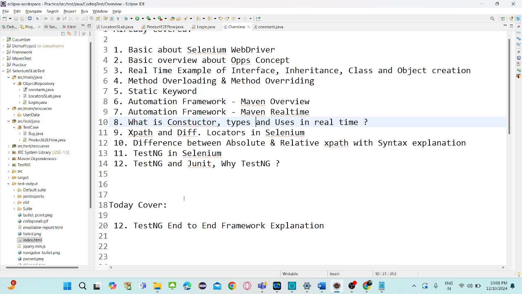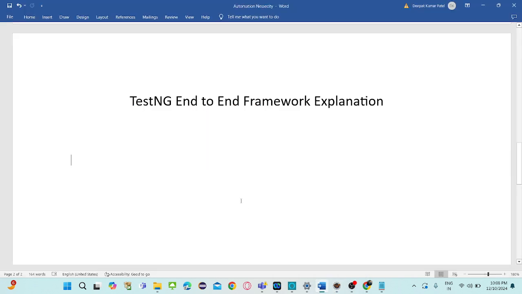We'll see what the end-to-end functionality will be in TestNG. Using TestNG, what do we need to configure, and what are the preconditions we have. For TestNG, if we are using Selenium WebDriver,